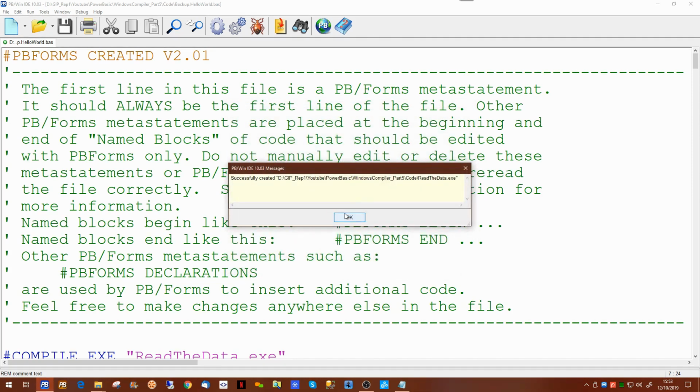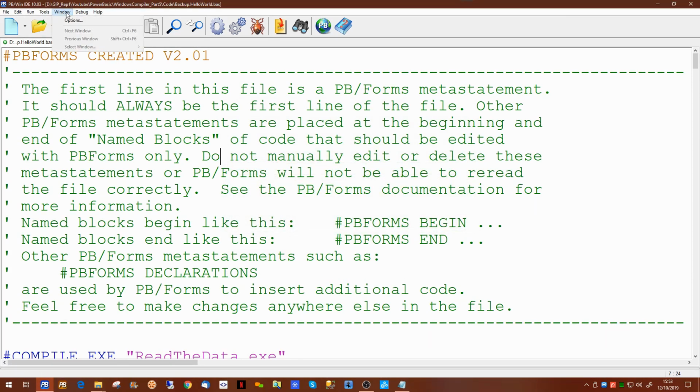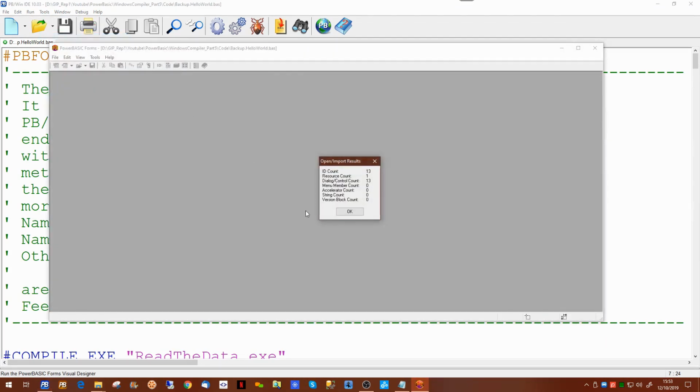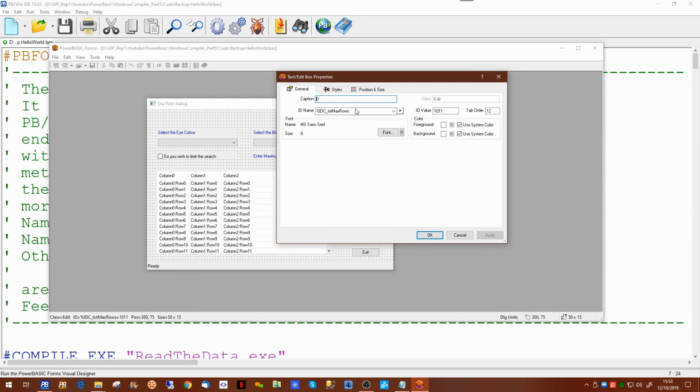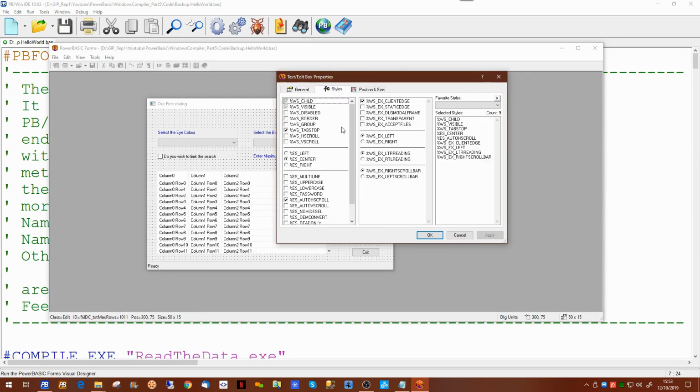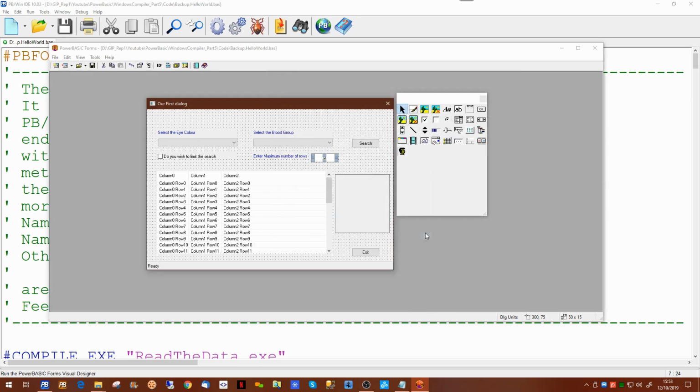The first and easiest one to actually do is to go back into our Forms Designer. We'll open up the properties of the text box and go to Styles. Now one of the tick boxes down here is number. That way it will not allow the user to key any character other than a number. So if we tick that and save it and run our code,